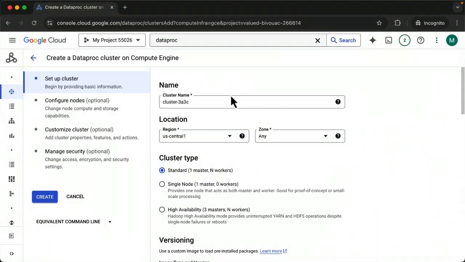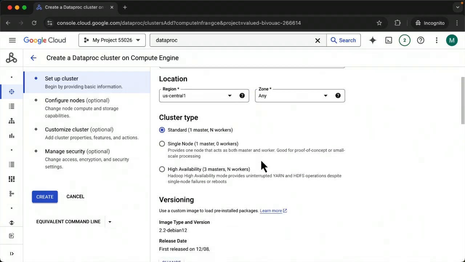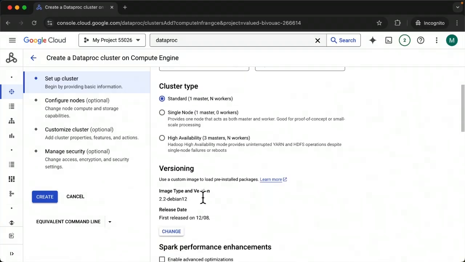First thing we're going to do is give it a cluster name. So I'm just going to call it my-dataproc-cluster. You can call it anything you'd like, but for now, since this is just an example, I'll leave it like so. I'll choose the region, such as US Central 1, and use any zone here. And then scroll down, you can see here that there's different types